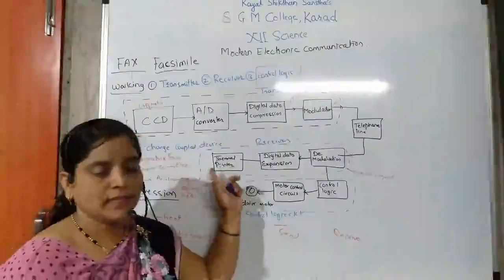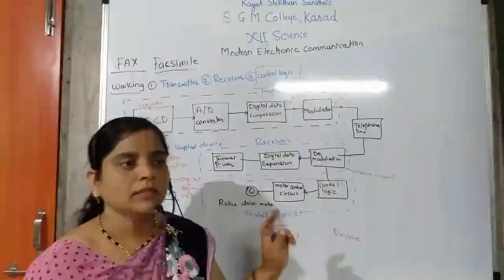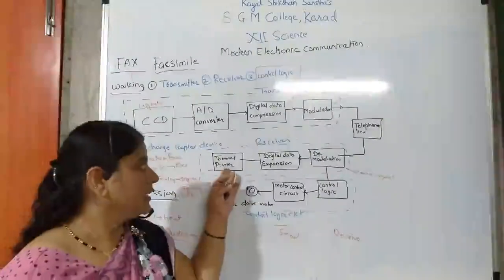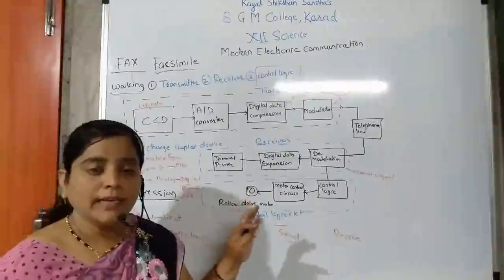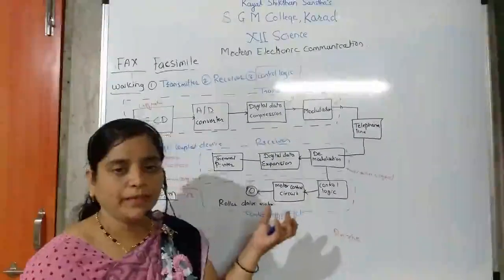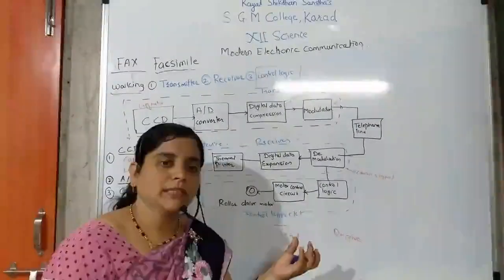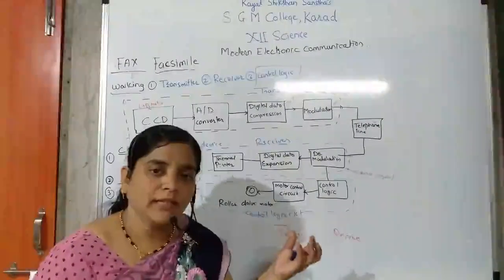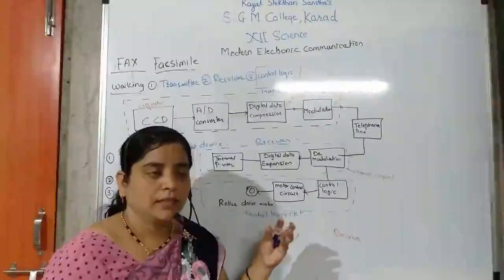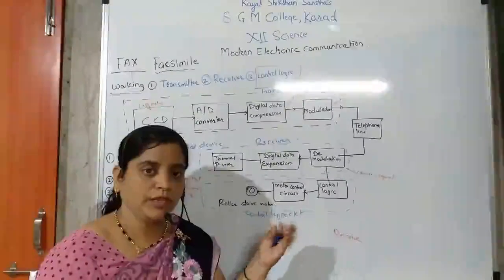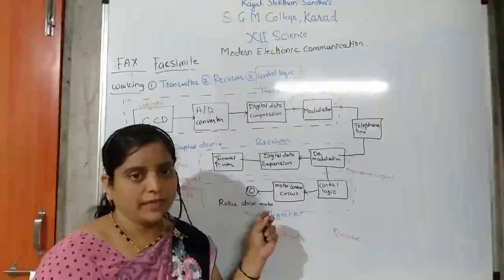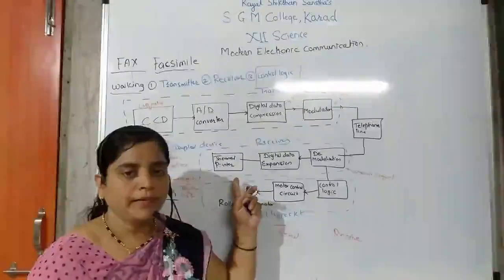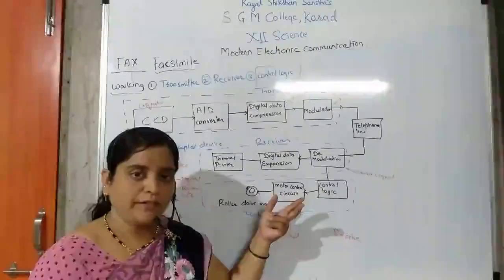Okay, so this printer is a thermal printer. A thermal printer works on the thermal process. Thermal means heat. What does thermal printer mean? A heating element is there to heat the head of the printer. When the heating element is connected, it heats the printer head, and then the paper becomes hot and turns black to recreate the image. At last we get the exact image that we want to send on the printer of the next fax machine.